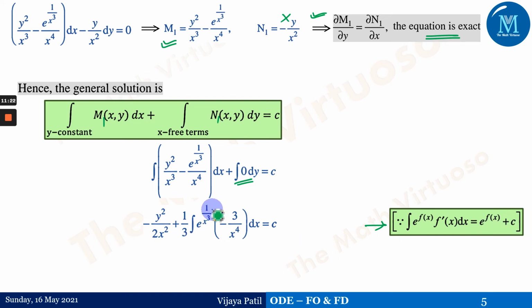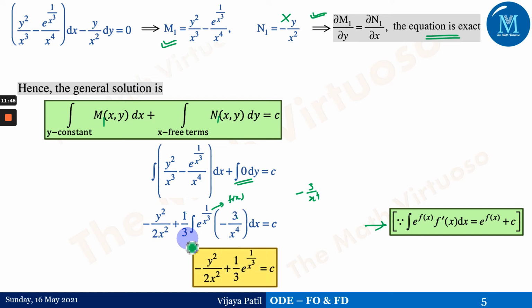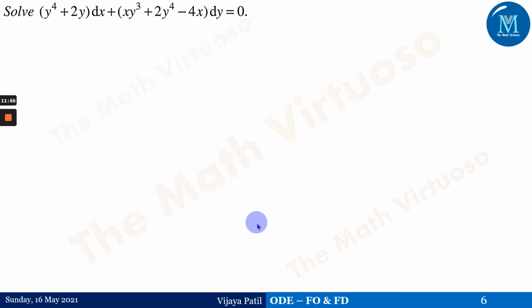So what is f of x in the present case? f of x is 1 upon x cube. The differentiation of 1 upon x cube will give us minus 3 upon x to the power 4, but we just have minus 1 upon x to the power 4. The 3 is not present, and that's the reason we multiplied and divided by 3, to make the adjustment. Now we can apply the rule here. So 1 by 3 e to the power 1 upon x cube plus c. This is the first term, and this is the answer we have got for this differential equation.